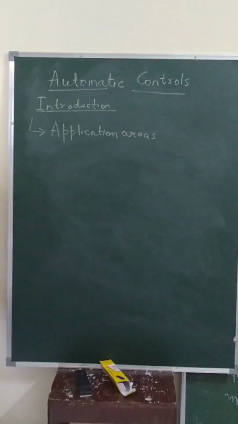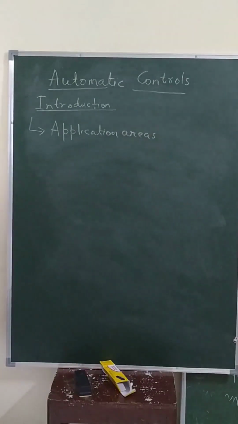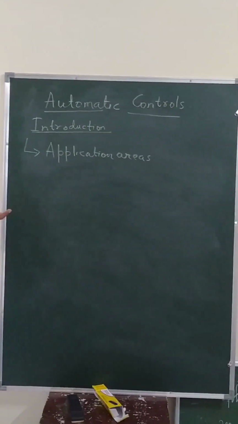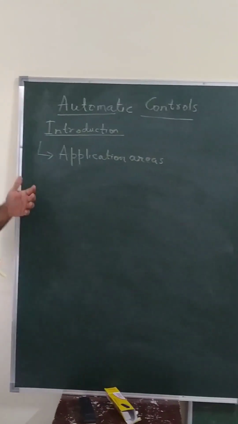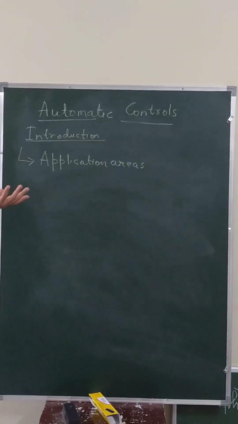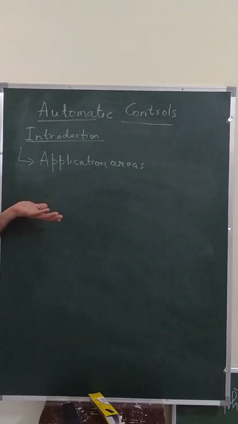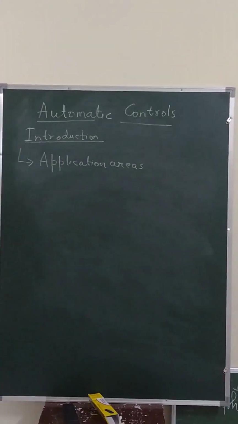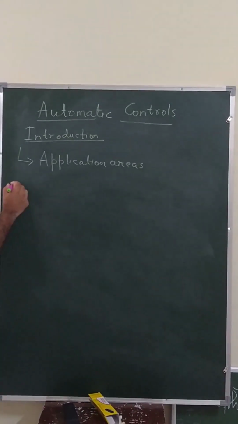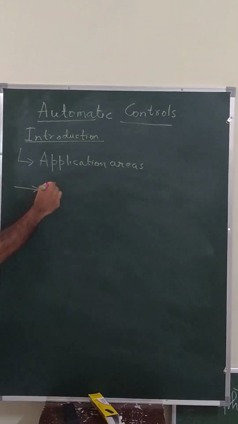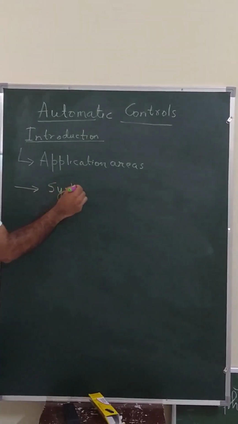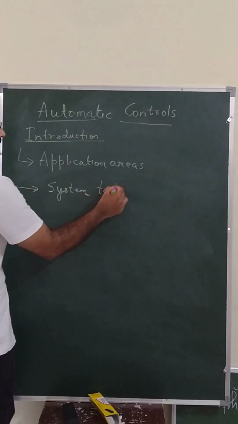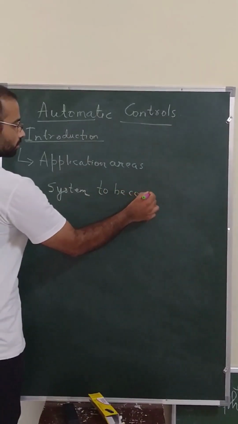You will find various definitions for it in your books, but I will not be going into that. Rather, I will try to explain what we are going to do in this course through various nomenclature that is used in the course. Because I believe if you know the nomenclature related to a course, you know half the course. So we will try to study, first of all, the system that we are trying to control, the system to be controlled,